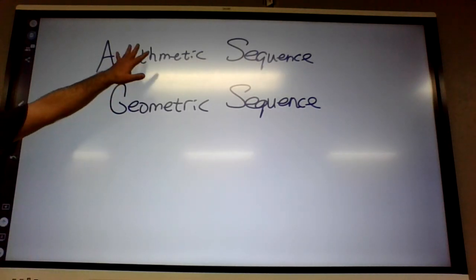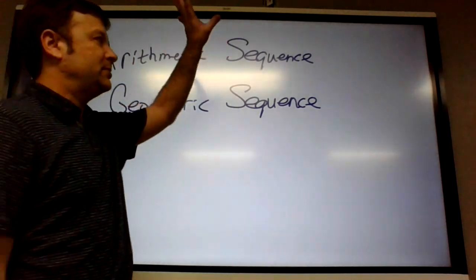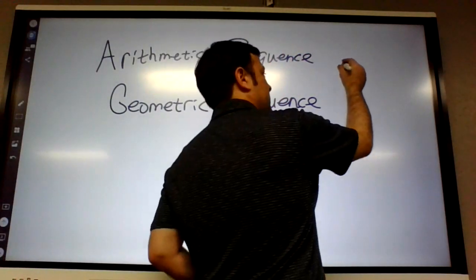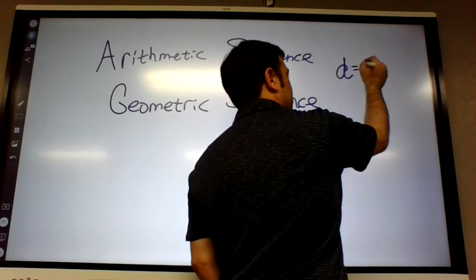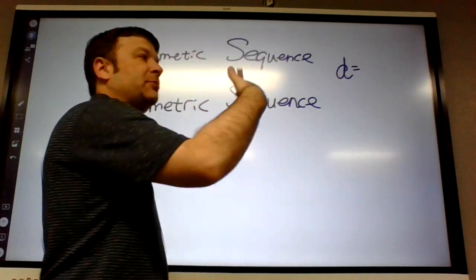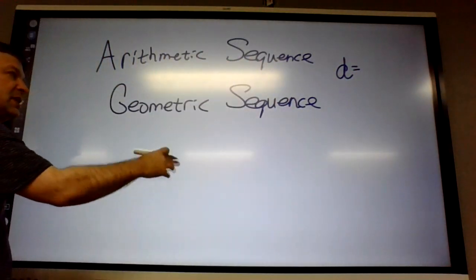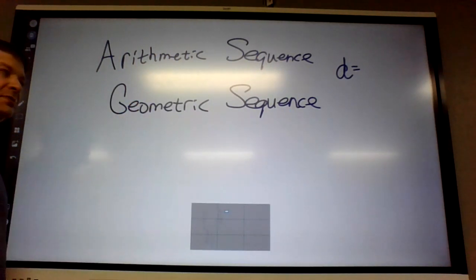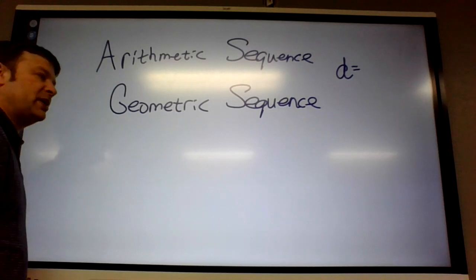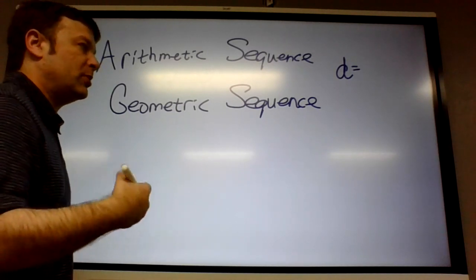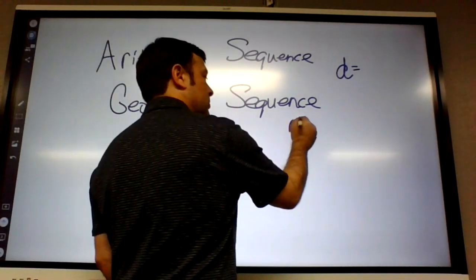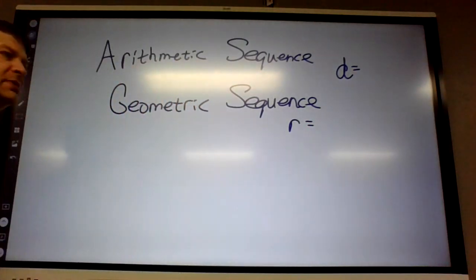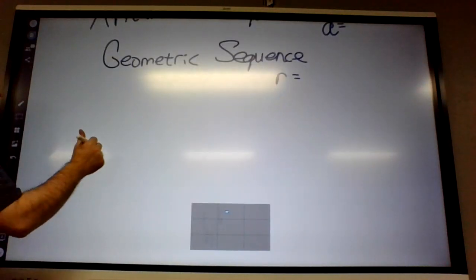So yesterday when we had an added value over and over again, we called that the common difference. It was the difference between each number in the sequence. In the geometric sequence, we have a multiplied value. So that number that you multiply over and over again is called a common ratio. So this one will have an r equals. Okay, an example would be,